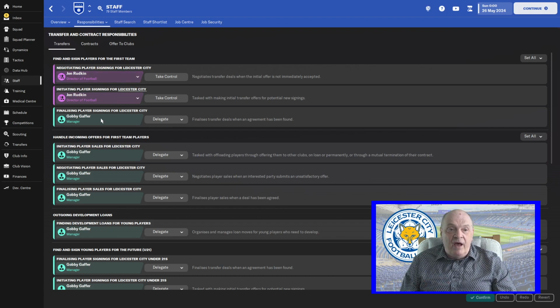If you notice here, finalising player signings, I've got control of that. So he can bring players to me, I can have a look at them, and he'll bring players that are not coming up in the scouting. So sometimes, not all of the time, in fact, very often the director of football will probably look at areas that you're not really that keen on, but occasionally he'll come up with an absolute gem,